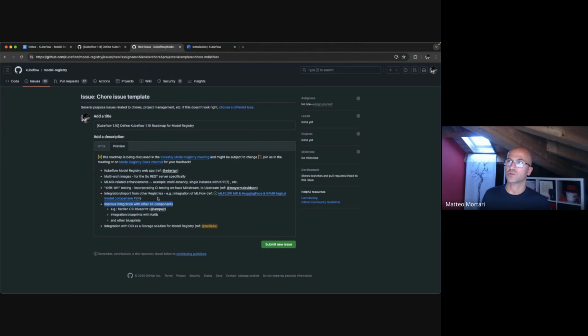Also improving the integration with other Kubeflow components, like the example that Andrea is contributing for the CSI blueprint to integrate further with KServe, but I think we can also work on integration blueprints with Katib and other components. Finally, as we discussed with the folks from Cisco a while back, there is going to be an integration proposal of having OCI as a storage solution integrated with Model Registry.